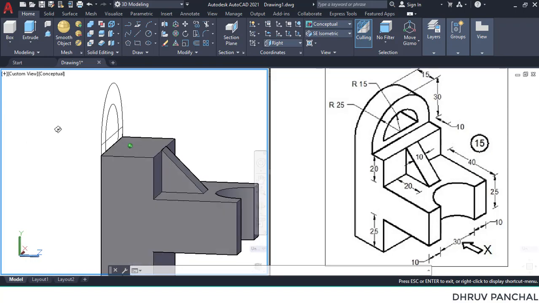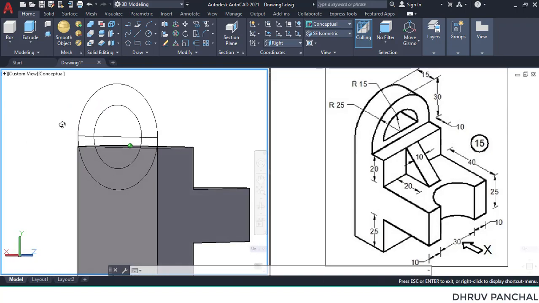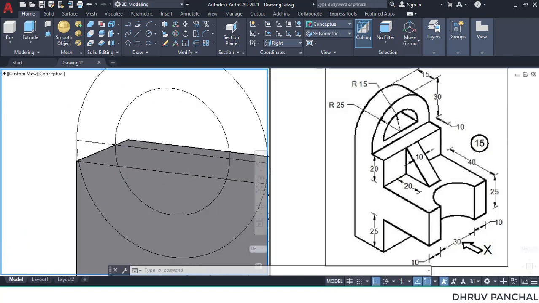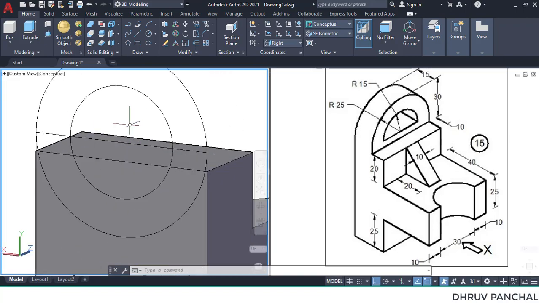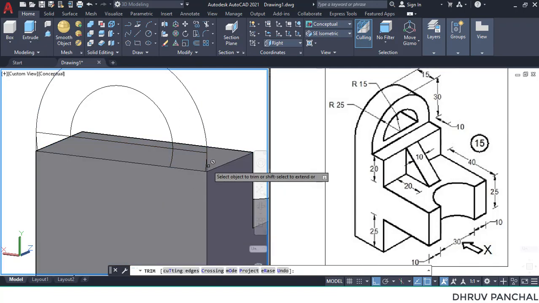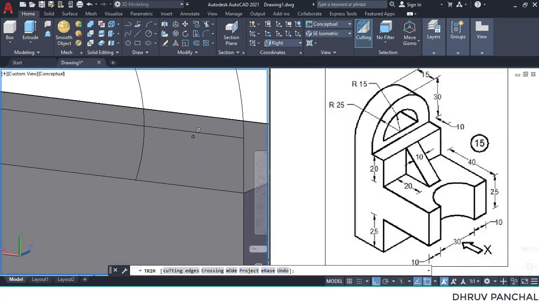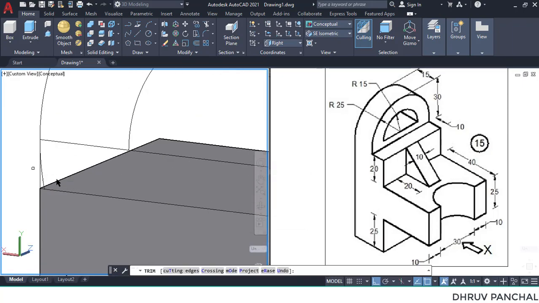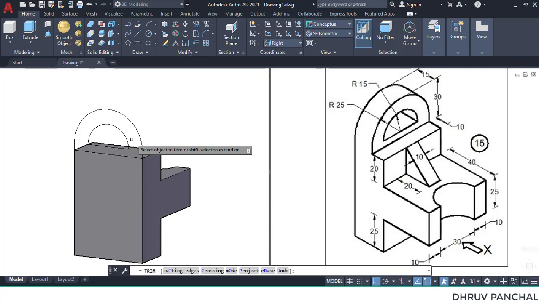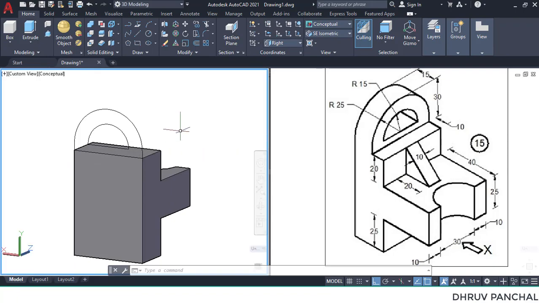Now we will rotate this object using orbit command and using trim command remove the unnecessary drawing. Use trim command. Press escape.